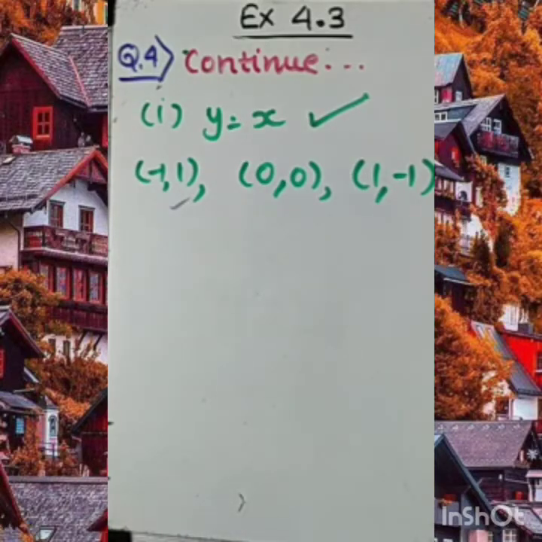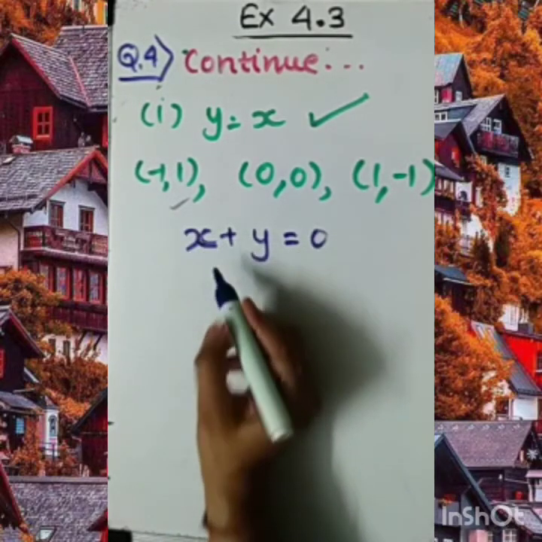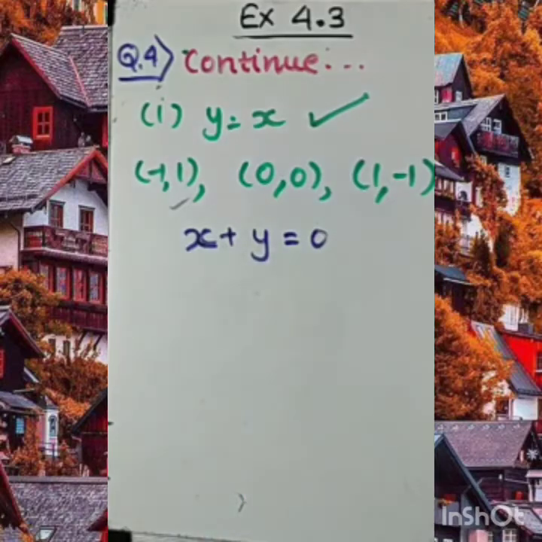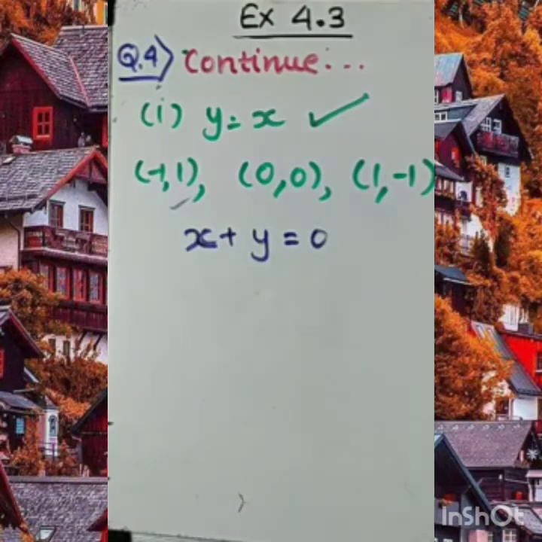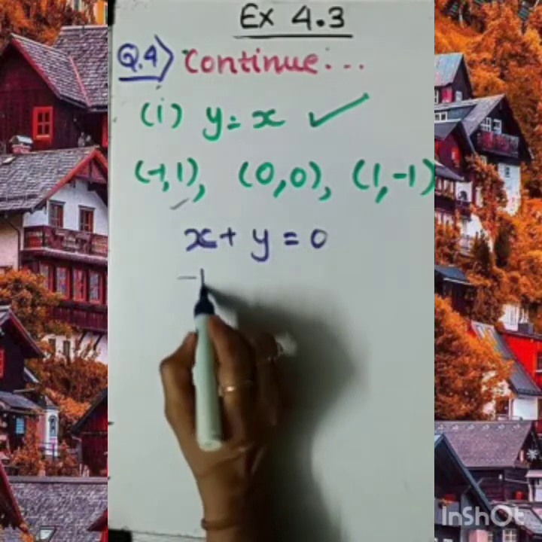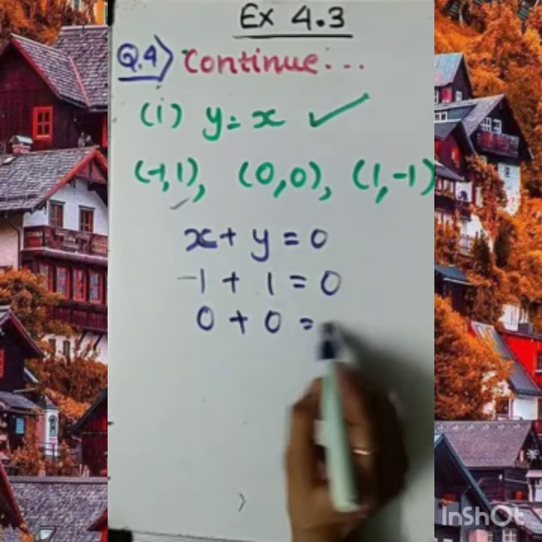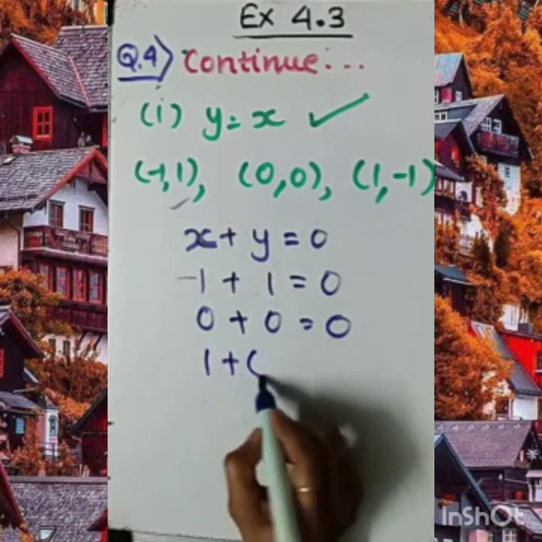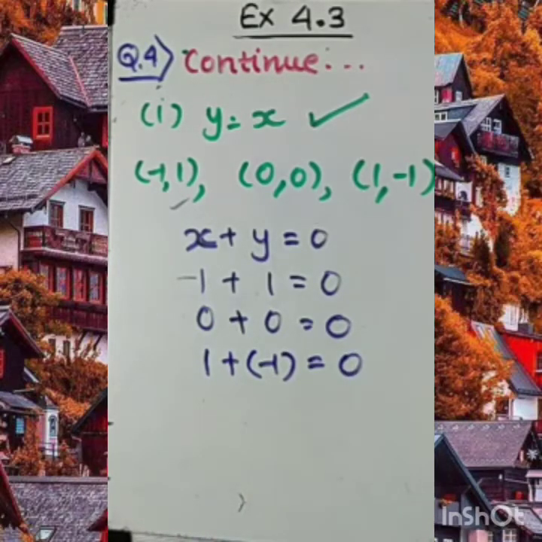Let's try one more option, x plus y equal to 0. Dear student, you know very well, the same number with opposite sign, its sum should be 0. This we already know very well. So you can choose this also, -1, 1, that is 0. 0 plus 0, that is 0. Then 1 plus in bracket -1, 1 minus 1 is cancelling, so it will be 0. Clear to you? So my dear student, if we apply this for question number 2, then it is valid.